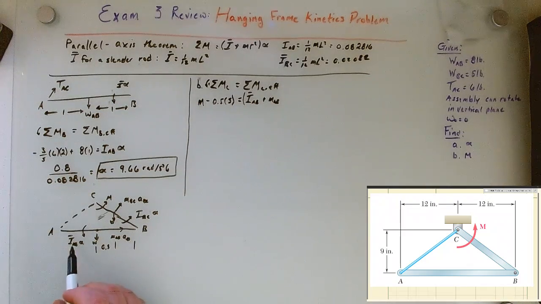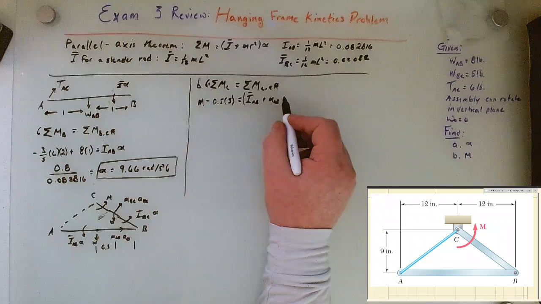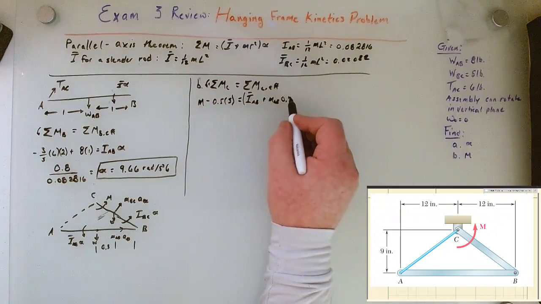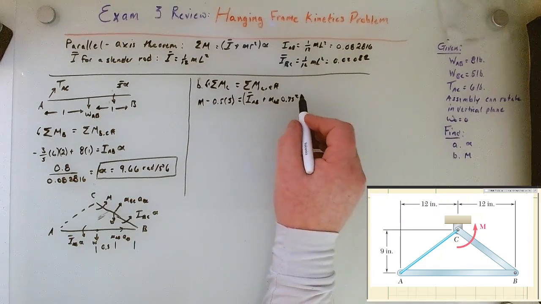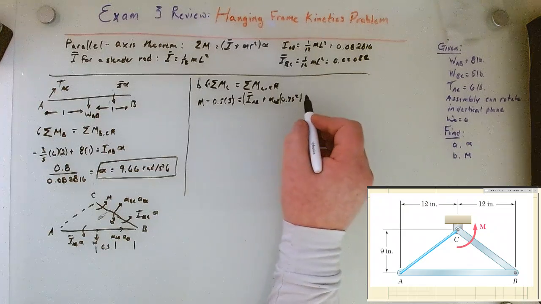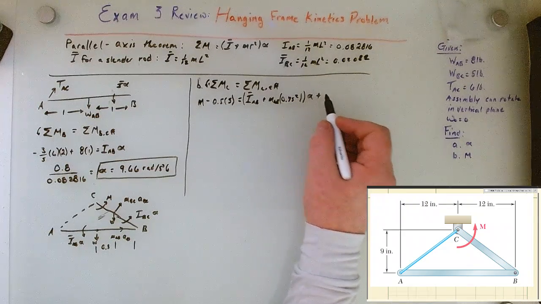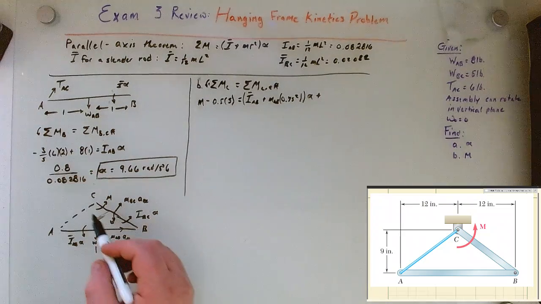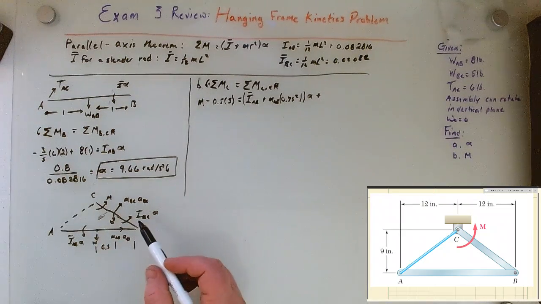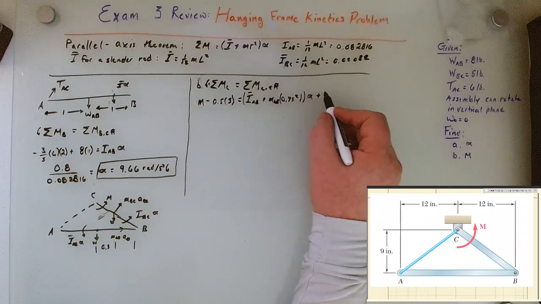So MAB is right here, and this is 9 inches, so that's 0.75. So 0.75 squared, there, this is going to be times alpha,